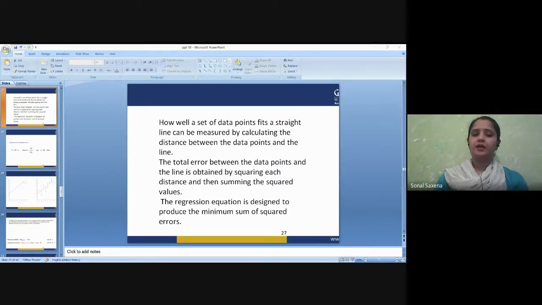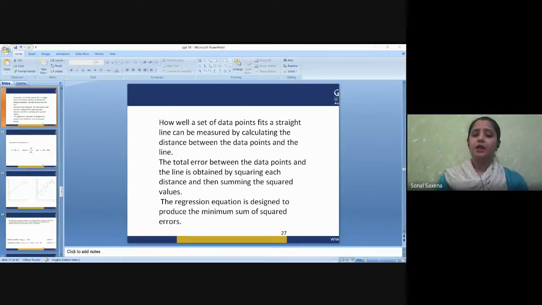To check the linear relationship between variable x and variable y, we have a coefficient called the correlation coefficient, which is denoted by R, which will give you a numerical value of correlation between two variables. You can have strong, moderate, or weak correlation between two variables. The higher the value of this correlation coefficient, the higher the preference given to the particular input variable x for predicting output variable y.